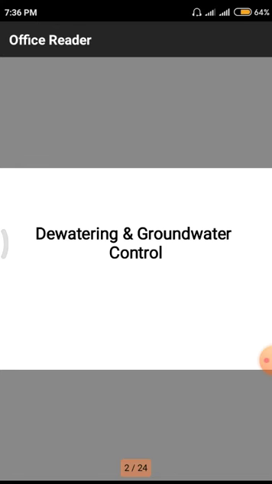Next one is groundwater control. Groundwater is normally formed due to the seepage of rainwater into the soil itself. Whenever there are voids present in the soil, automatically those voids will absorb water present in the top layers. Due to the seepage and permeability properties, the top layer water is absorbed layer by layer until we reach a hard rock strata. Above the hard rock strata, the total content of water is stored in the form of groundwater.